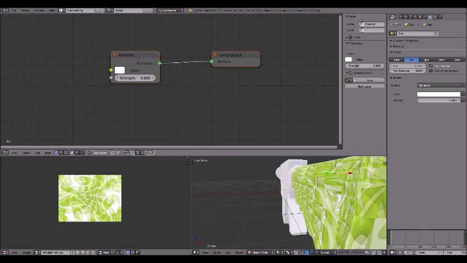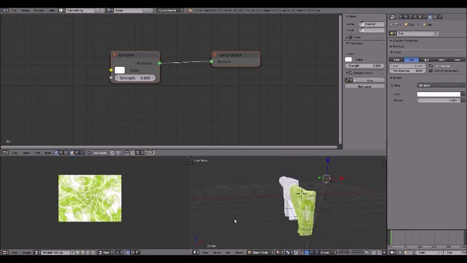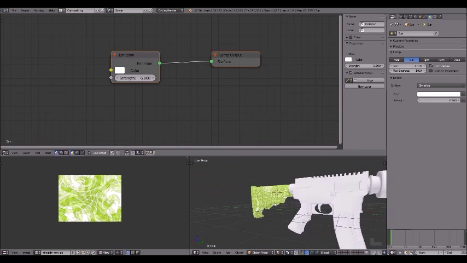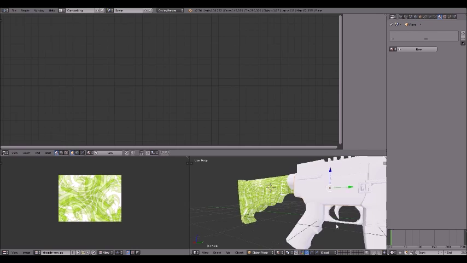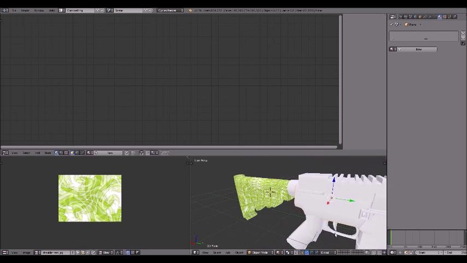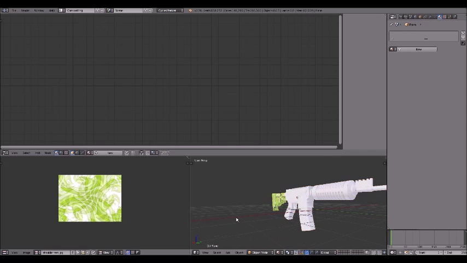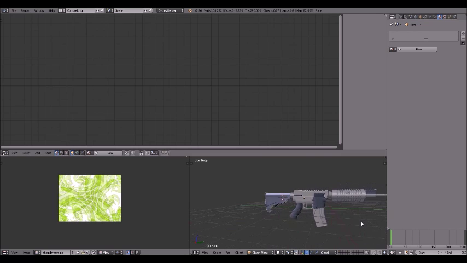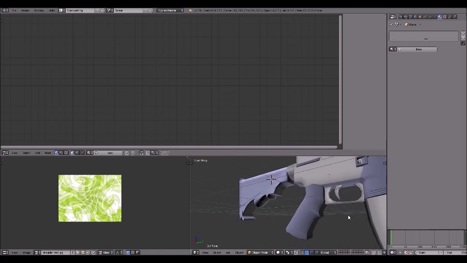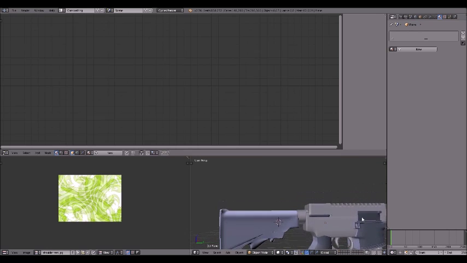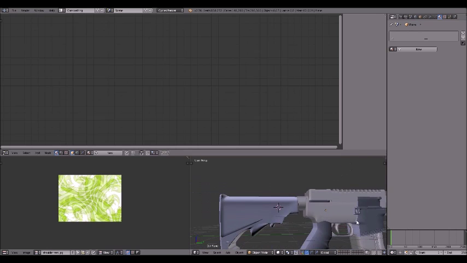So yeah, we want to hit escape on that, and then what we want to do is go select the main body, which is what I've just done. If I hit A on that, and if I hit... okay, I'm just going to make this solid mode for a minute so I can see all the stuff, what's meant to be what. And if I scroll across,